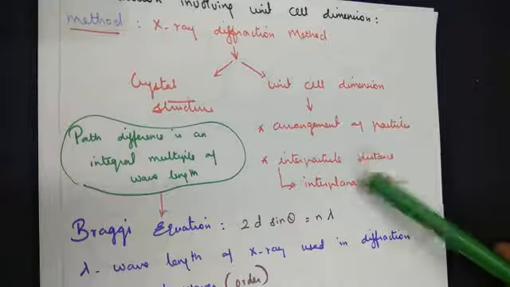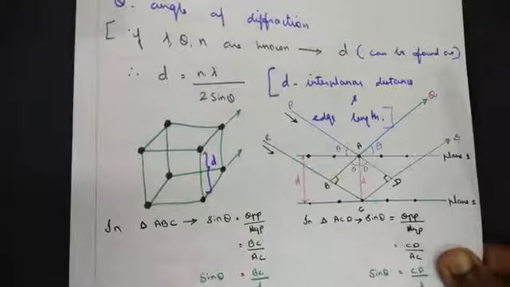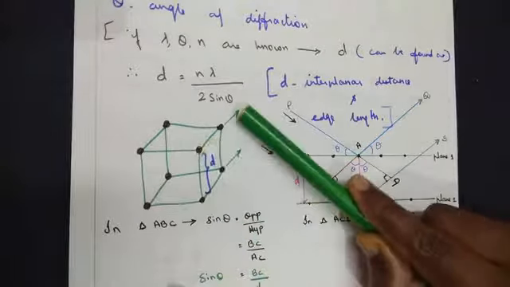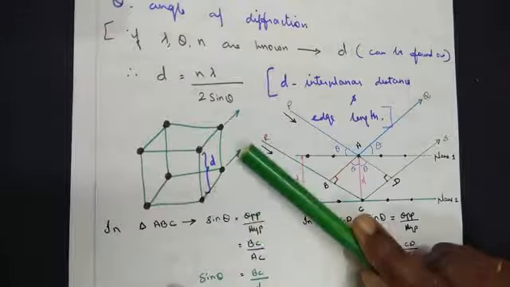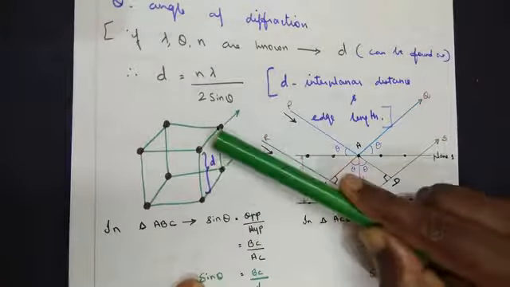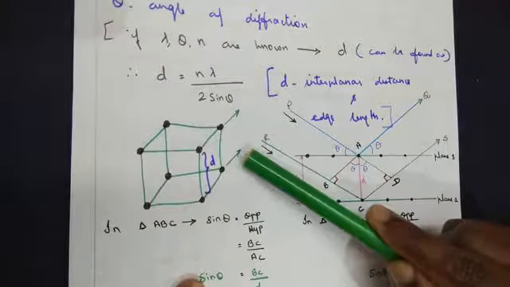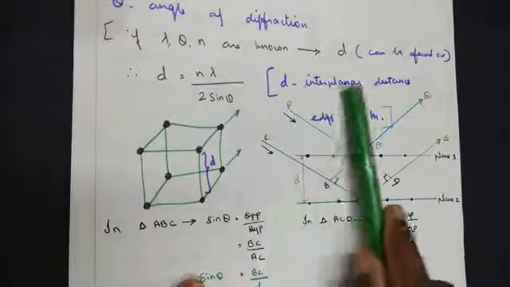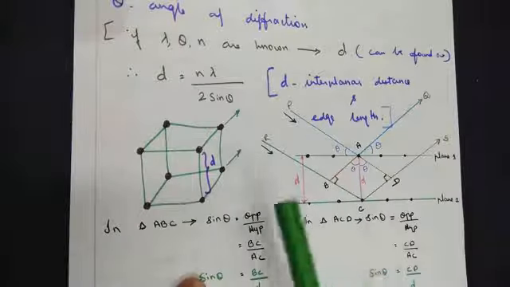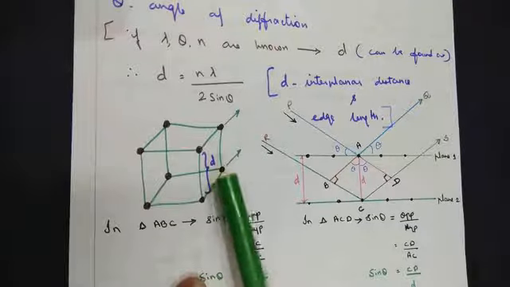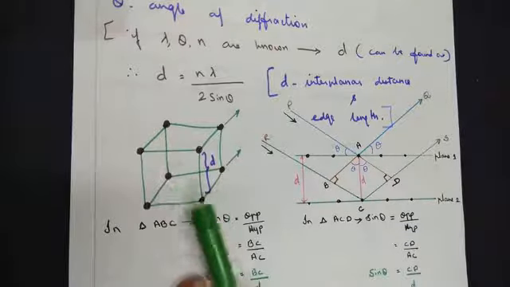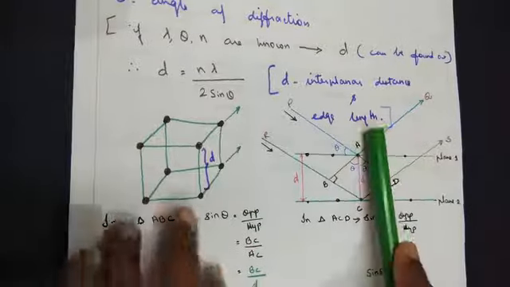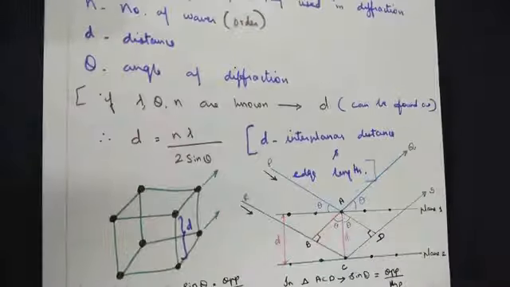Now to understand these terms, if you look at the primitive structure of a unit cell, consider this to be plane 1 and the other one to be plane 2. The distance between these two planes is taken as the interplanar distance. You also know a unit cell represents a cube. In the cube, all the sides are equal. So edge length, d also stands for the edge length. Different terms are used, but they are one and the same.